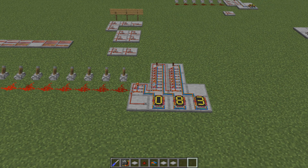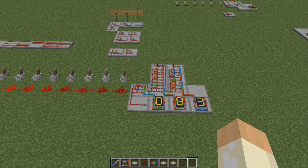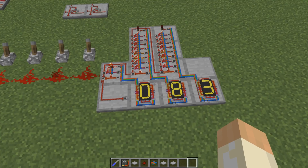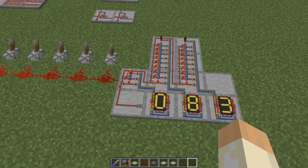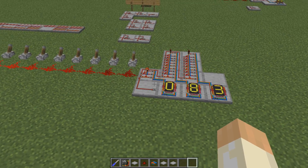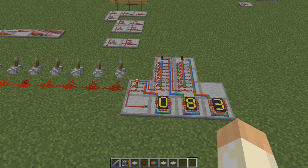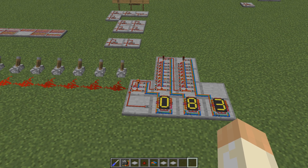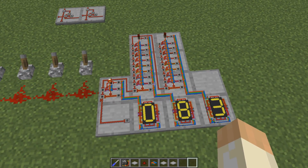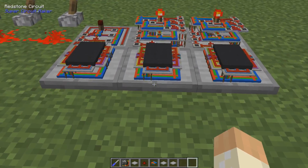So I think that pretty much covers it. So this is an analog 7-segment display decoder, and it's a triple decoder but spread out on 3 blocks. This is really fun to build, and this can actually be quite useful in certain builds. But mostly, I just hope you enjoyed watching this, because I think it's really interesting and fun to do this. I mean, when you look at the product,